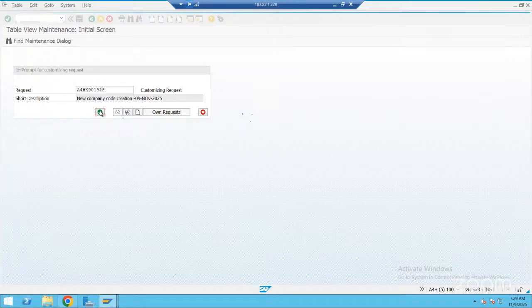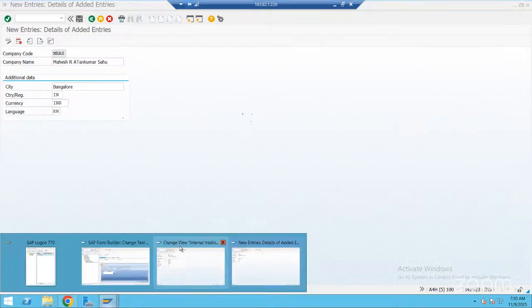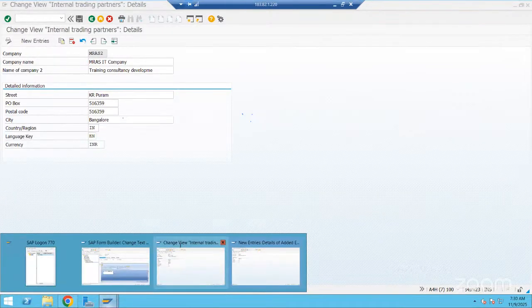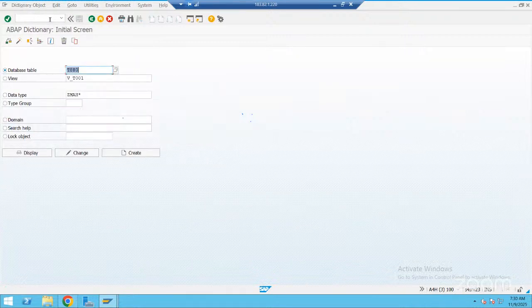Right? So how to check it? Go to the table, T001 table. Copy this one. /nSE11. Right?